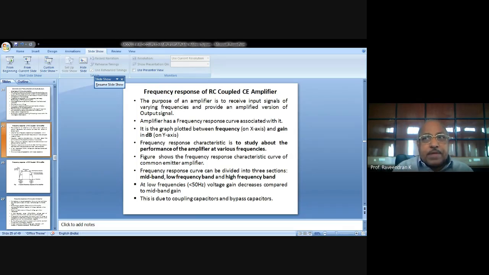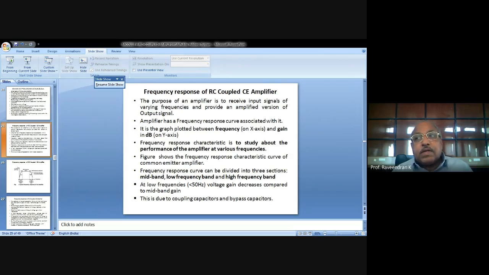When the base emitter junction capacitance is very small, but the base emitter junction carries a very high frequency signal, a signal more than 20 kilohertz or 30 kilohertz or 50 kilohertz, in such case, the capacitive reactance offered by the base emitter junction may sometimes cause the base current to increase, because that junction capacitive reactance will be very, very small, and moreover it is forward biased. But due to the high frequency signals, this capacitive reactance again gets very small, which increases the base current. And this base current is increased.